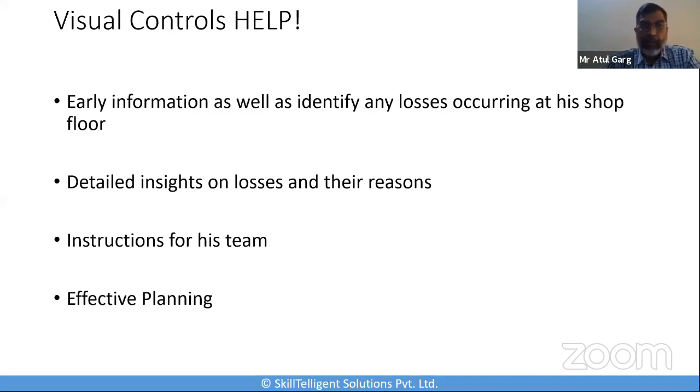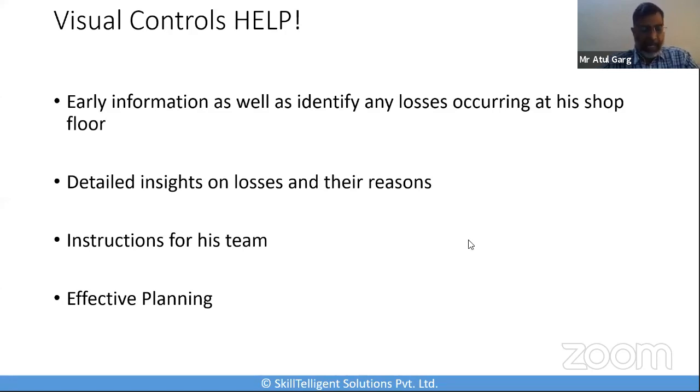Also, once he has the visuals, the signs, signages, labels, markings, color coding, location setup, and storage defined, it helps his workforce know what is lying where, and it helps reduce the search time. If the search time is reduced, the operator doesn't have to wait for the material, and doesn't have to put his machine into stop mode. So all these things lead one to another and help him control the losses on the shop floor. That's what visual controls effectively help with.